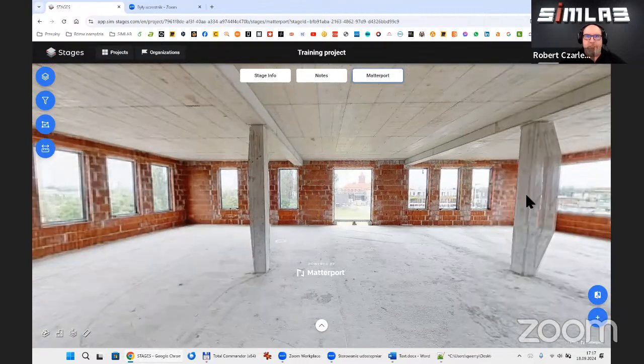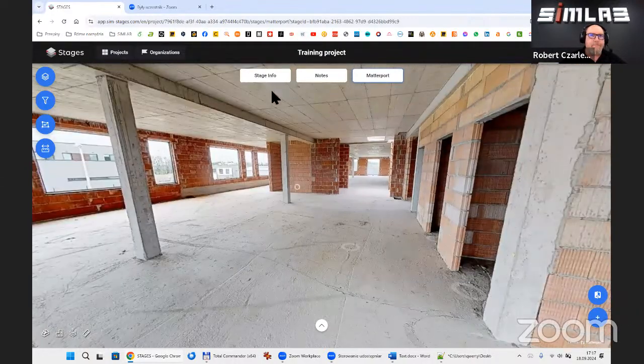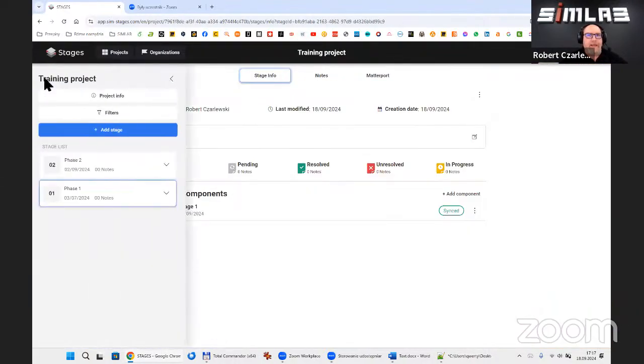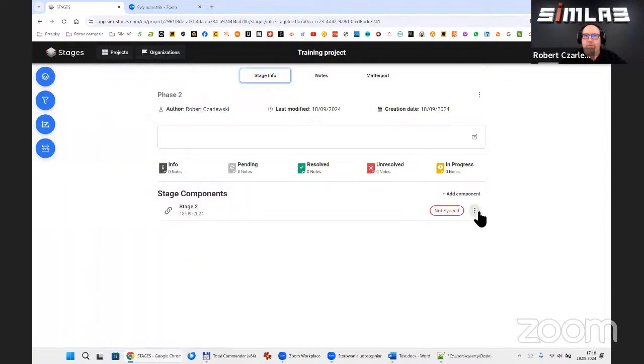Yep, that's our first scan on our first stage. Great. Now we can go to the next stage and synchronize this scan with the previous one. To do this, you have to go to the menu under the 3 dots and choose the option Synchronize.